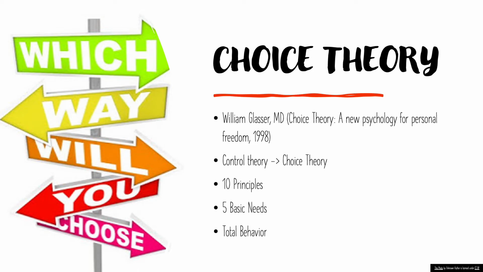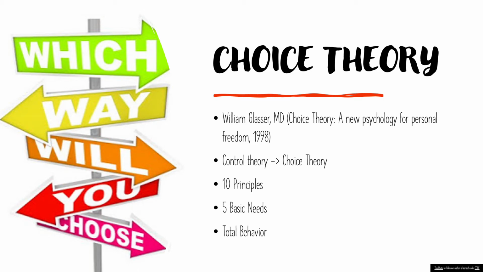The name went through a couple of iterations, and he did create or develop reality therapy long before he wrote the book on choice theory. One of the names for the theory was control theory, but Glasser later changed it to choice theory. There are 10 principles for choice theory, and we won't cover them all here, but they are: